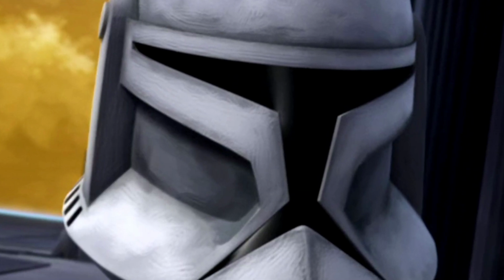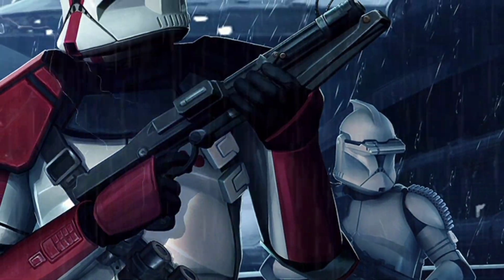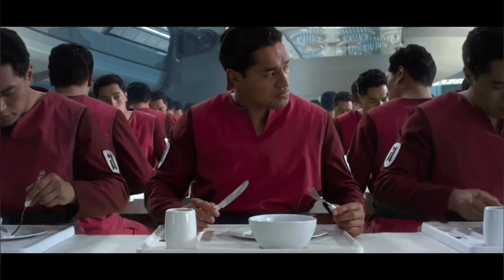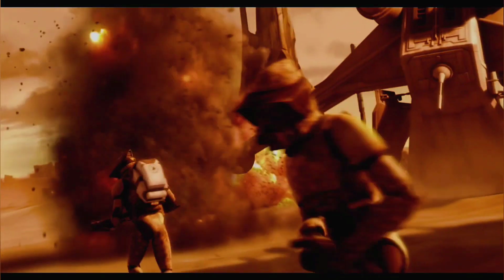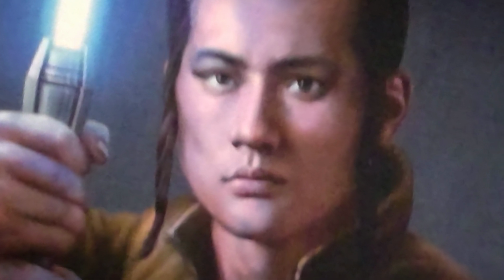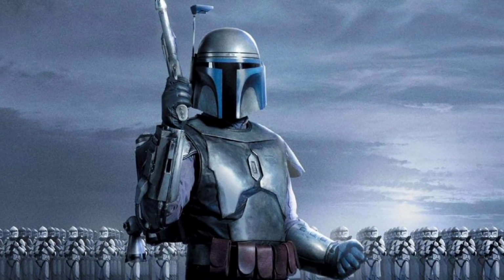And I'm actually going to start off with the Phase 1 clone troopers. The clone army of Kamino was created by Chancellor Palpatine, also known as Darth Sidious, who was undercover to provide the Republic with an army to fight against the Separatists, which in turn would create a war to distract the Jedi. And Master Sifo Dyas ordered the army, which used the bounty hunter Jango Fett as a template for a